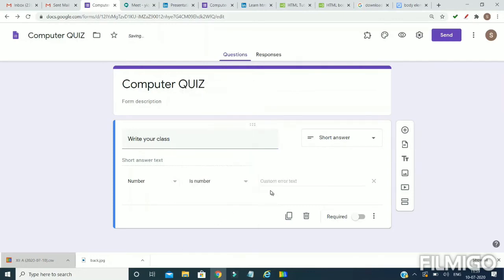This portion is used for the customized text that will appear when the user enters data other than your specified condition. So I can write here: class should be entered in number.